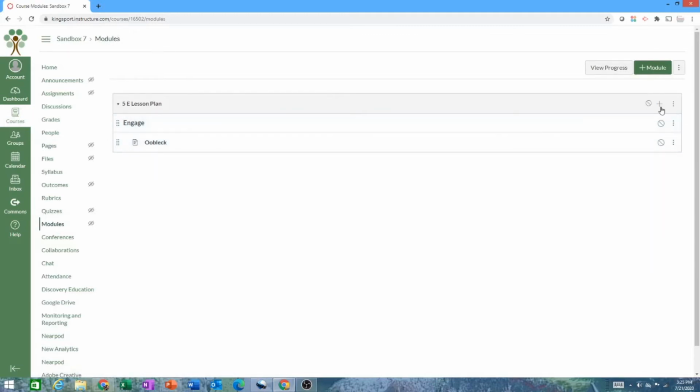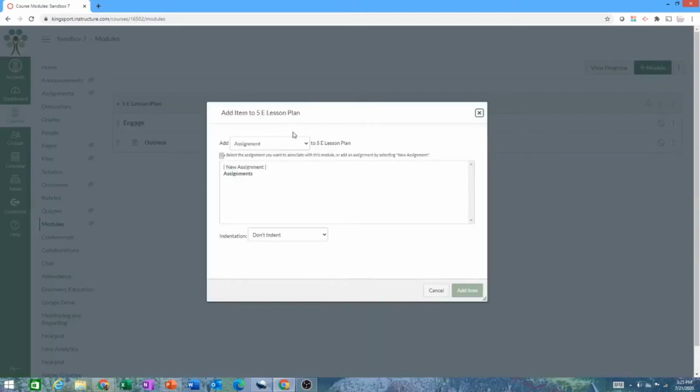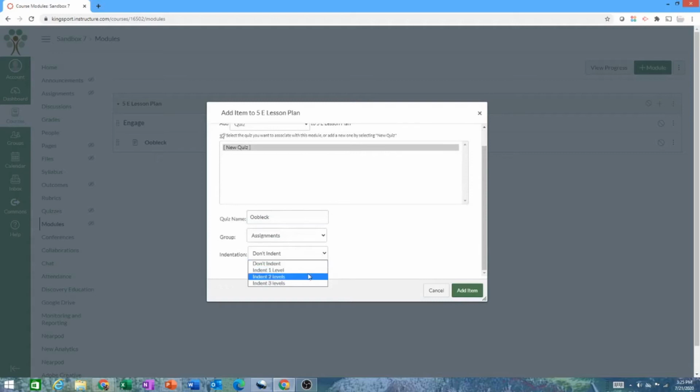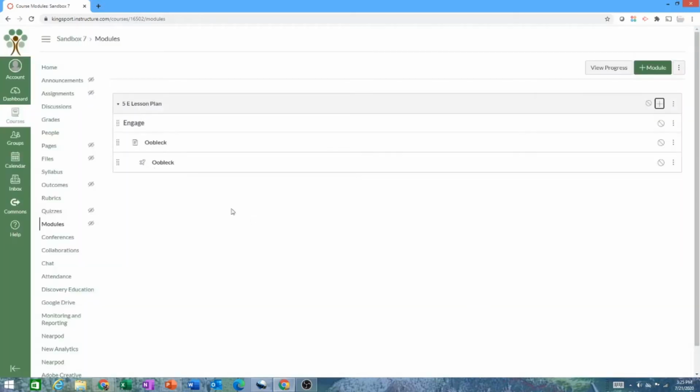Now, later, I'll show you how we can make sure the students have started to watch that video, but we might also want to check in with them using a short assessment. And to do that, we're going to use a short quiz. I'm also going to indent this 2 levels, which is just a visual cue to my students that this quiz goes with the content above it. Now, I don't want to dive into using the quiz tools now, but know that you have a lot of options for question types, and you have a lot of options for getting data from your students using the quiz